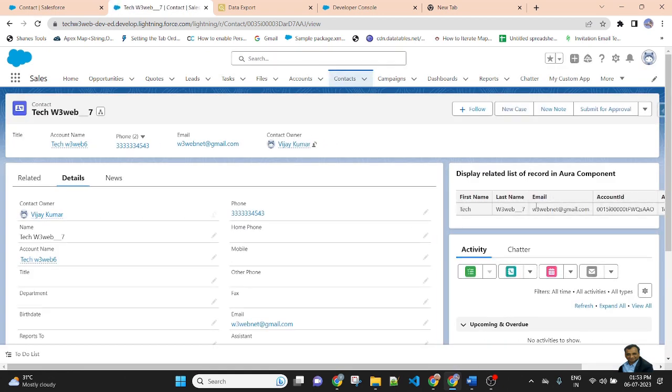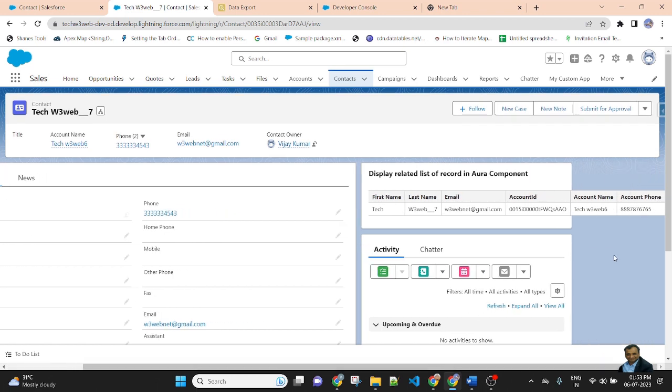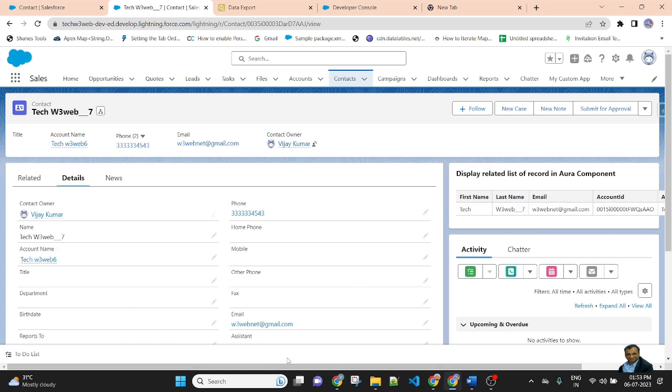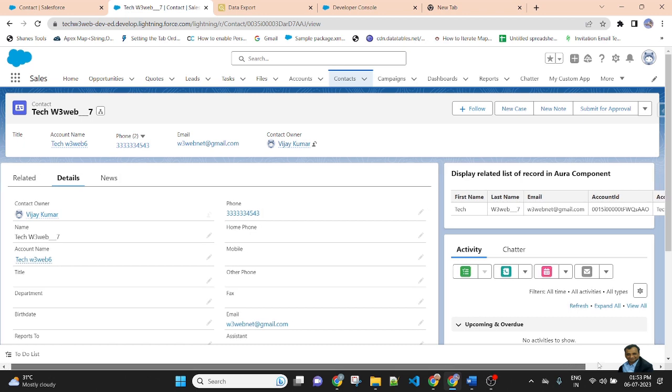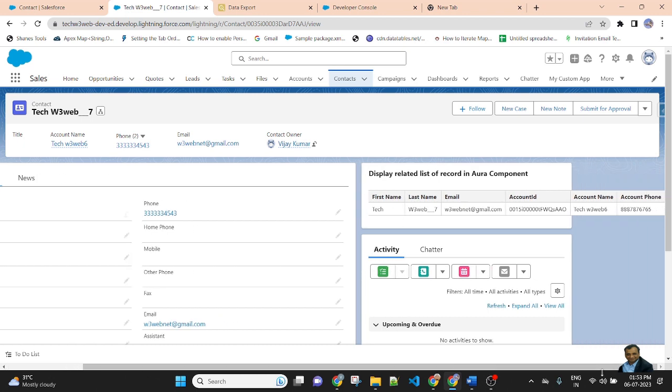And here you can see first name, last name, email, account ID, account name, and account phone. So all of the values display inside the table. There is not much space, so if I scroll horizontally, then all of the values will be visible.